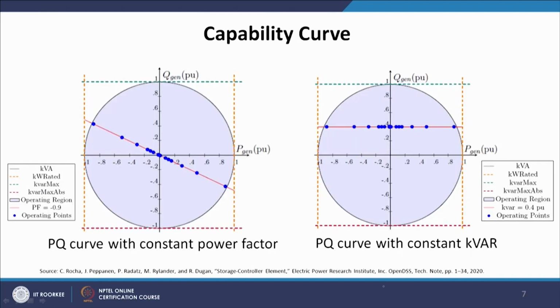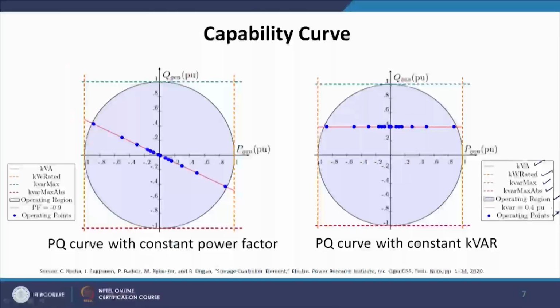Now, we are talking about the capability curve, and there are two different characteristics we will be focusing on. All of you please try to understand these variables. This line represents kVA, the red dotted line is kilowatt rated, and then there are kVAR maximum, kVAR maximum ABS, operating region and operating points. Depending upon different operating points of your charging and discharging, and real and reactive power drawn or injected, if you connect those dots, this will be the PQ characteristics or the capability curve,